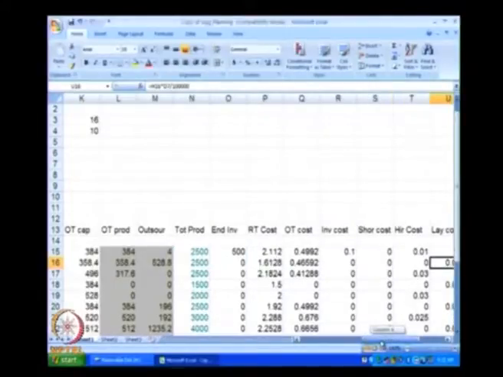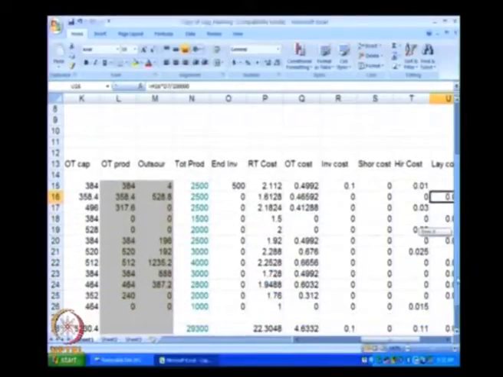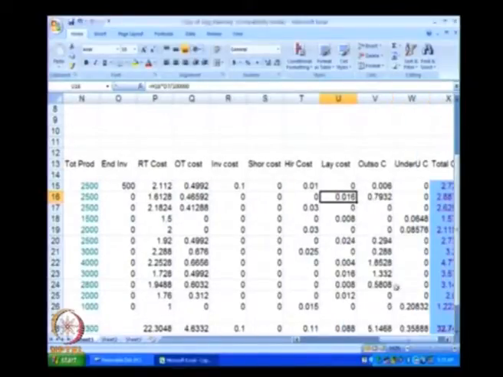Now, you also see if you look at the ending inventory column, we do not have negatives. So, at no point do we have shortage, all shortage costs are 0. If we look at, say, this month,